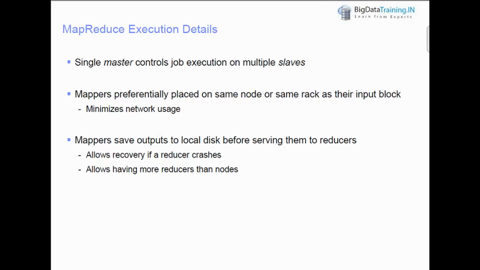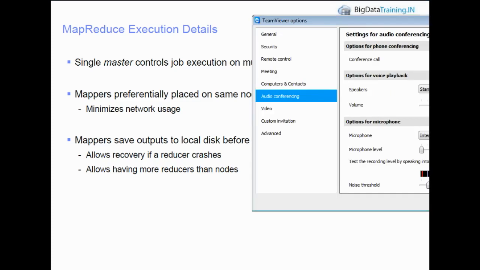which complements your job tracker to actually understand the whole process. Mappers are preferentially placed on the same node or same rack as their input. So which means this is what the core concept of HDFS itself is. When you say data node, the data node has another component called task tracker. The task tracker is a component that is going to do tasks like